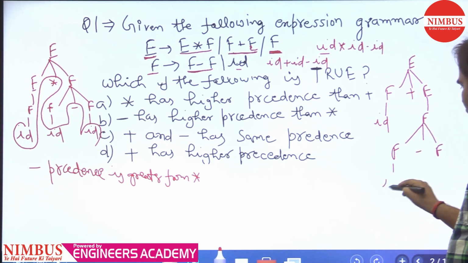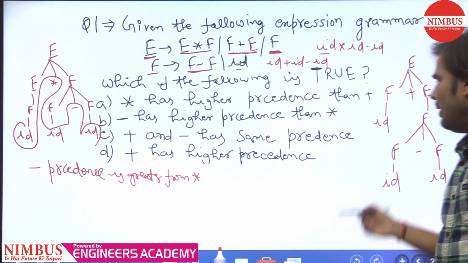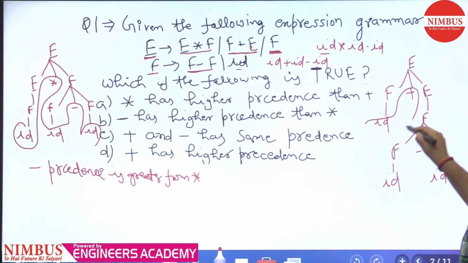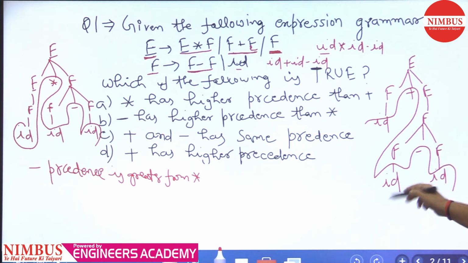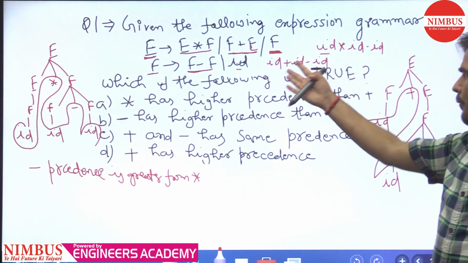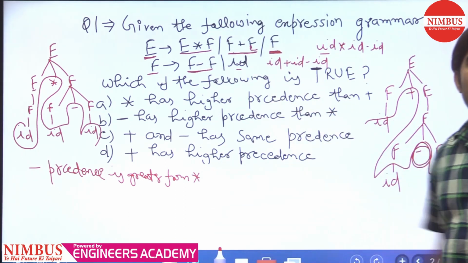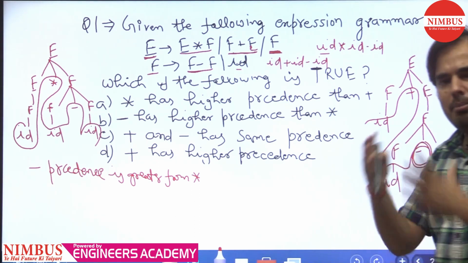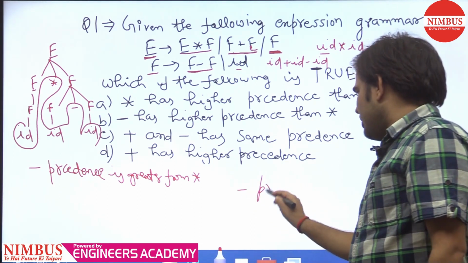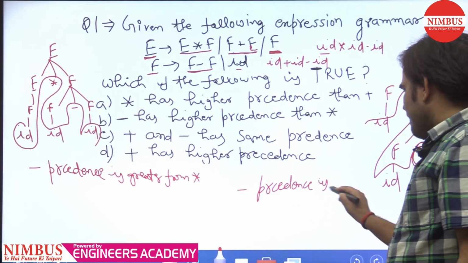From this F you can get directly id, and from this F you can also get directly id. So what we are getting is this whole thing, id plus id minus id. So from this parse tree you can also understand that this minus is coming at the lower level. If we are generating the parse tree for this string also, which we can generate through this given grammar, okay guys, so from both the places minus precedence is greater